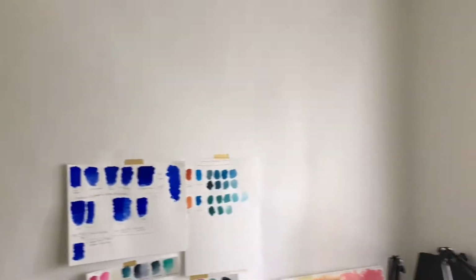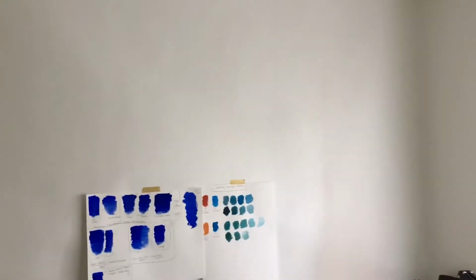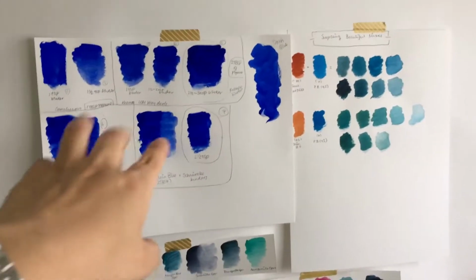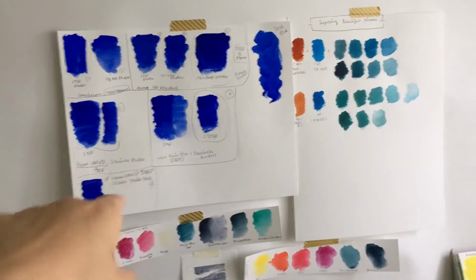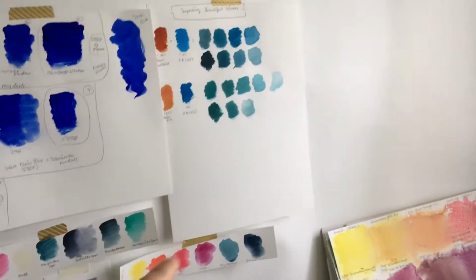I basically covered this wall with the giant roll of paper because I didn't like the colour of the wall, but it's turning out to be a really handy way of just sticking stuff up for notes and inspiration and stuff. That is me trying to make my first lot of paints by hand. That is some Daniel Smith colours I was trying, some colour mixes that I liked,